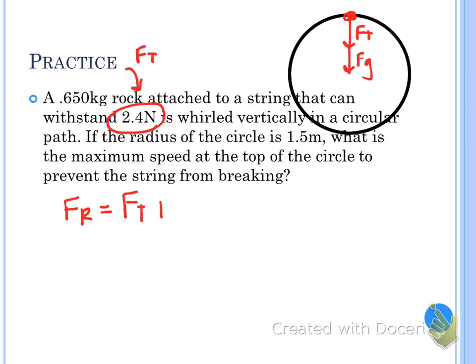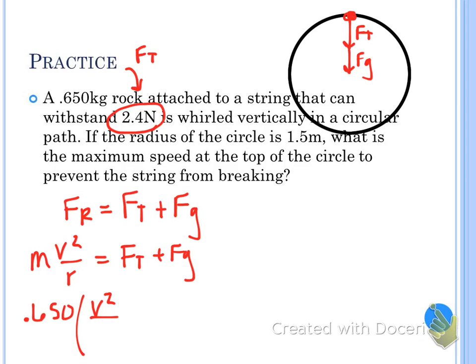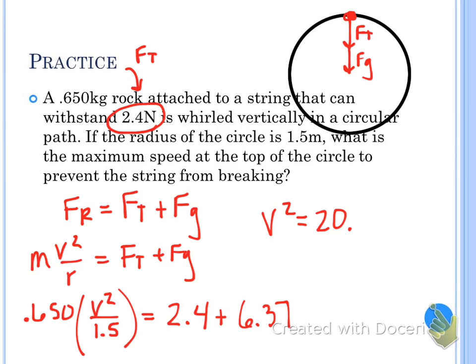How do you find the force? Jack, did you get 3.1 for velocity? Yeah. So 2.4 plus 6